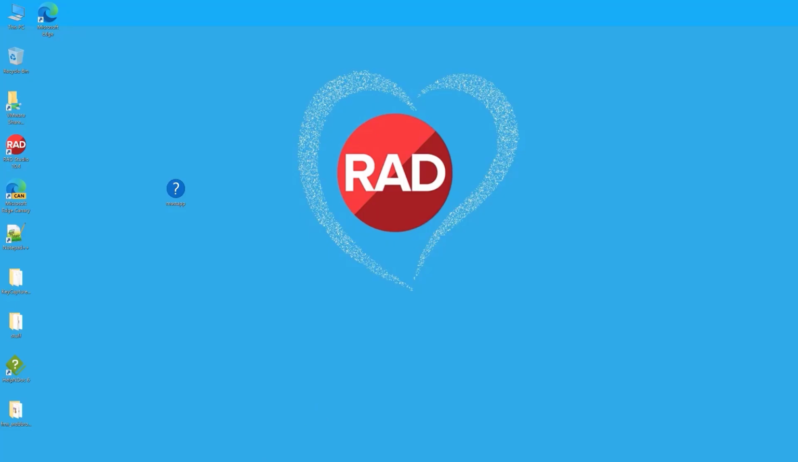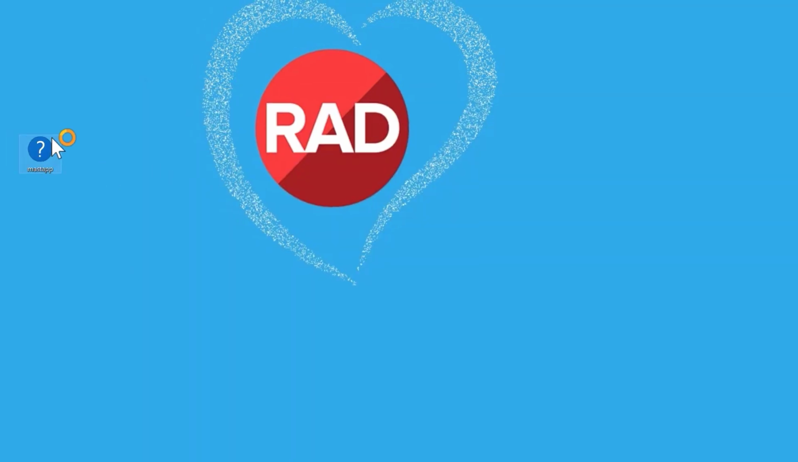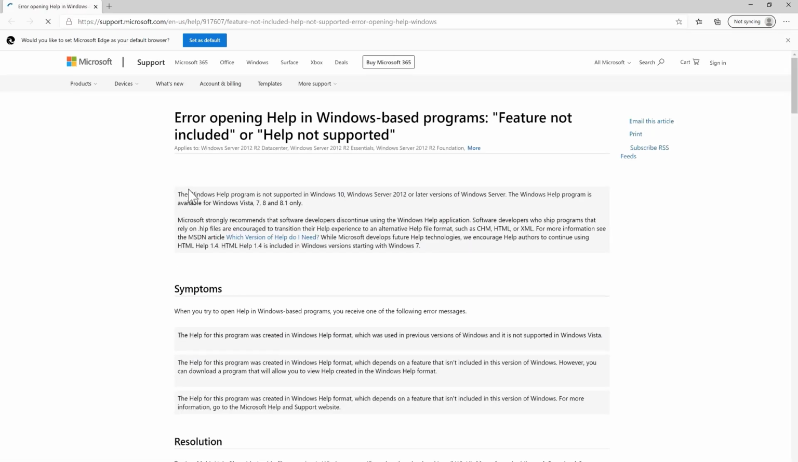So let's have a look at the help section of the app. I've got the source code downloaded here and the master app help file, which I've copied now onto my desktop. If we try to double click and open this up, we can see it takes us directly to the Microsoft website, where it tells us about the error opening help in Windows-based programs. And this is a format that is no longer supported on Windows 10, and in fact